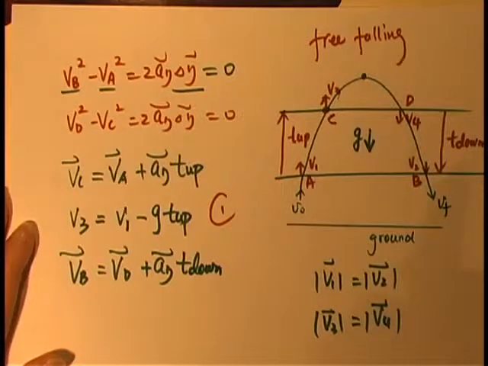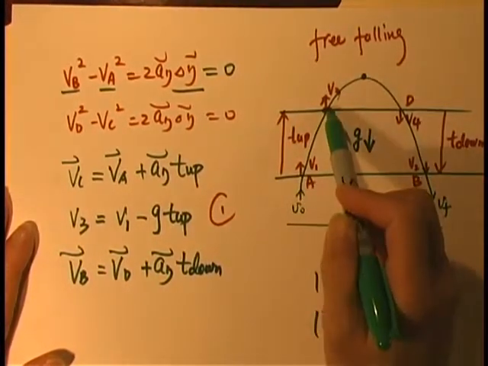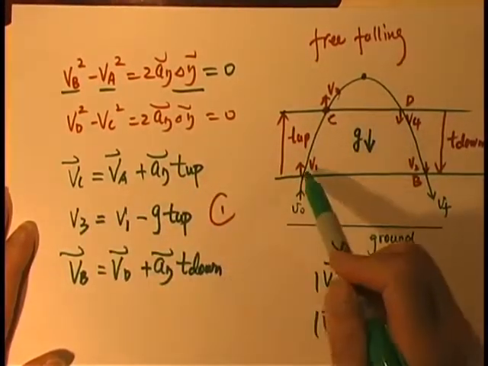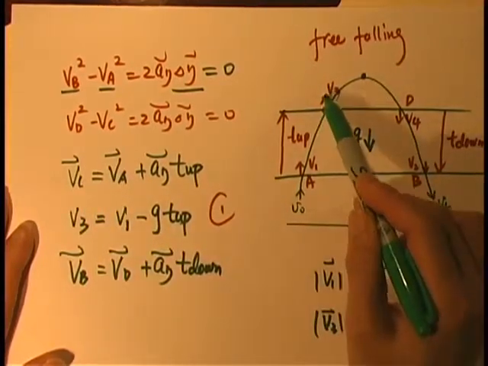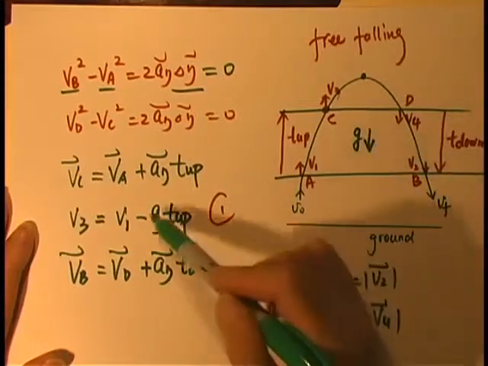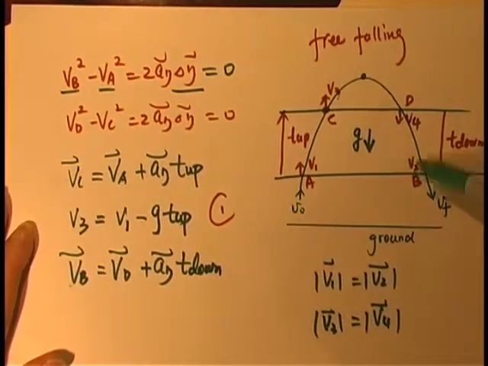But on the other hand, when you choose A as initial, C as final, you say up is positive. That's why VC, which is right here, V3, is positive, V1 is positive, then G is downward, negative. But if you apply this equation on the other side, actually you can choose down as positive if you want. But if you still want to follow the notation that up is positive, down negative,